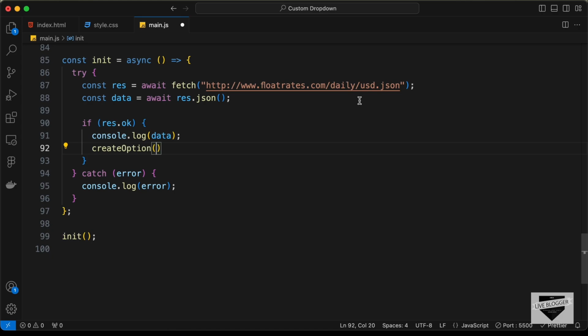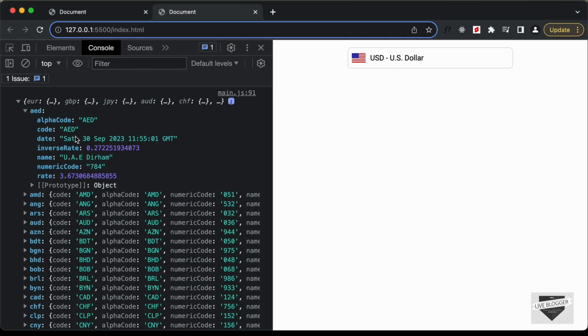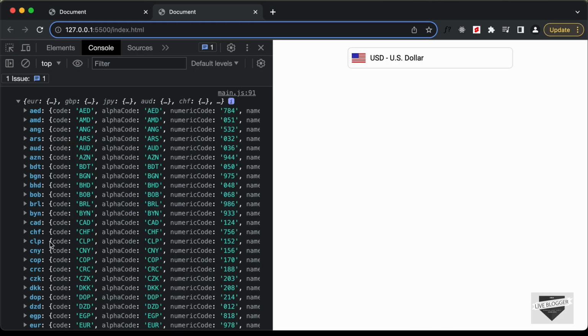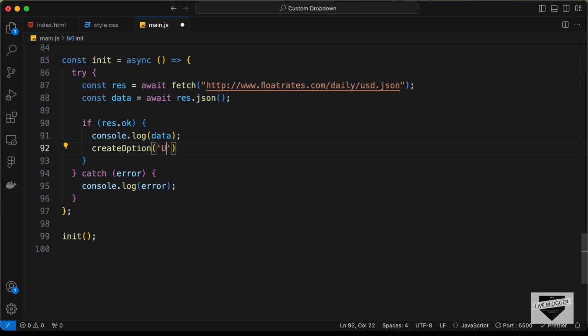that we need. Now the first thing we will do is we will store the data of USD, because by default this list doesn't have the USD because all these currencies are relative to the USD. So here let's pass the currency code as the first argument, and for the second argument let's pass the name, which is US dollar, and then we will pass the ID of the drop down. So I'll just call it from,